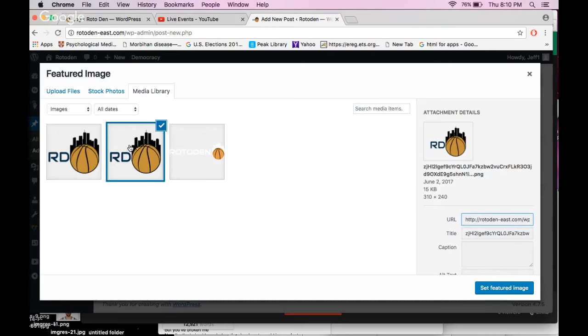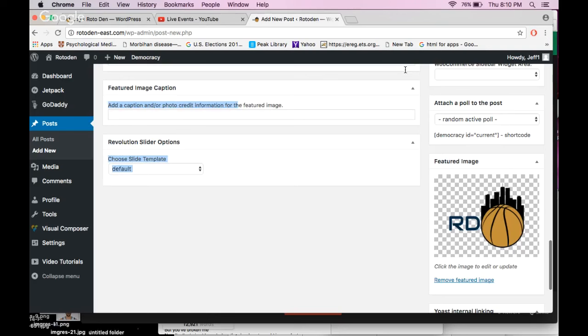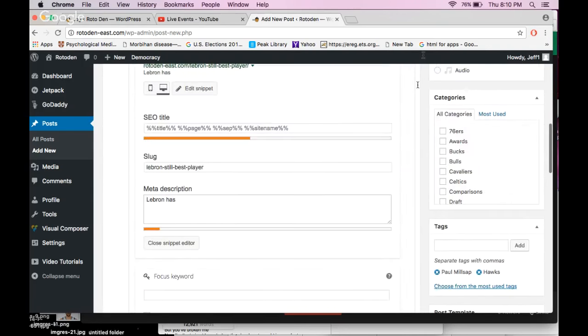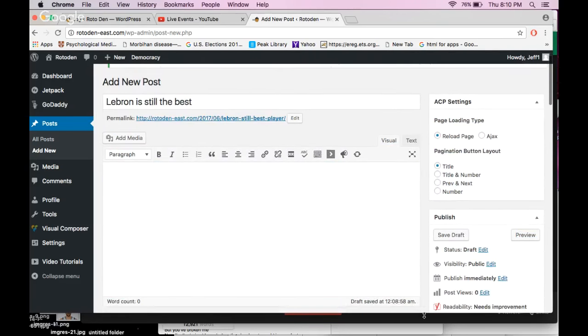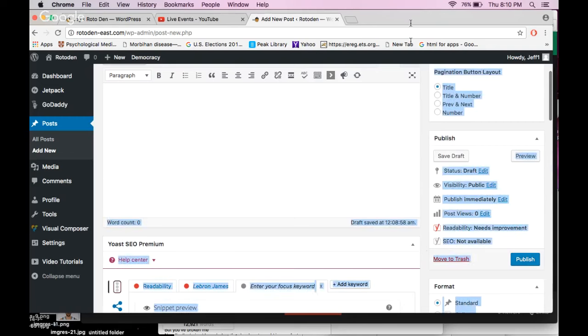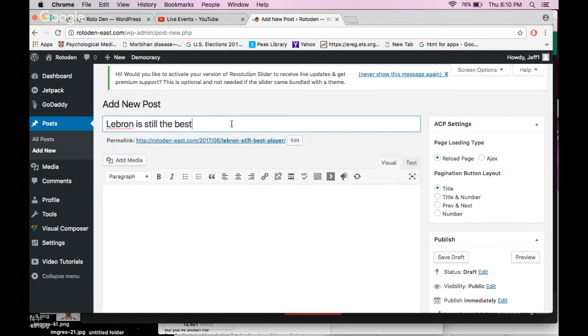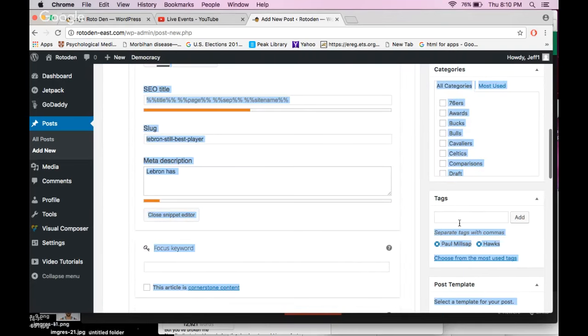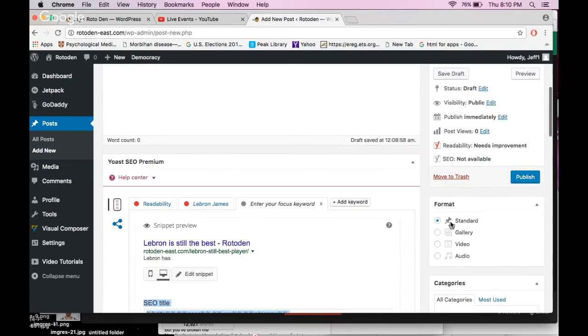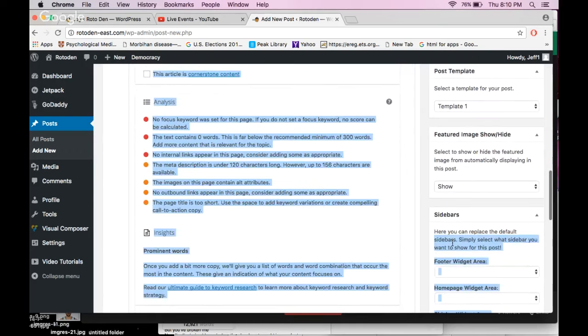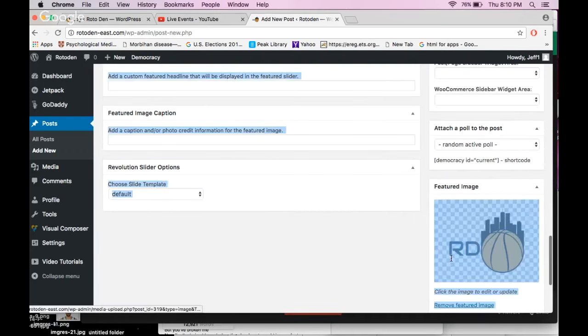Over here, there will be more images. If you'd like to see a featured image, it would show the image. And when you're done with all that, you press publish, and your article will be published. Now, quick recap: title, body, categories, tags, SEO, featured image,